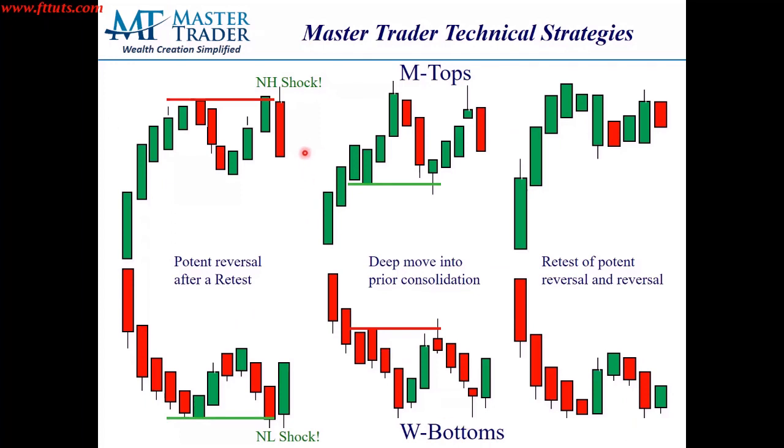M tops and W bottoms. This is showing you that they can happen in different ways. And this new high is a little bit of a shock in that it took out the prior high. Now these M tops and the W bottoms, they happen after shallow reversals. In other words, the expectation is that they're continuing and they're higher, and it's actually showing strength by the shallow reversal. But once it pushes up, in this case, it fails and then comes right back in again, and this